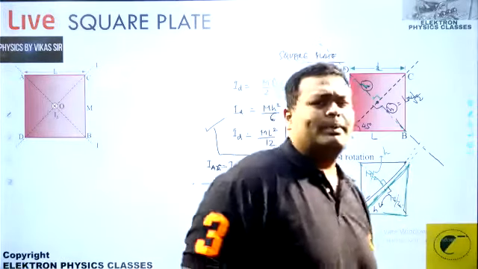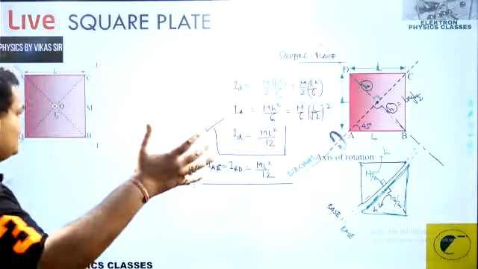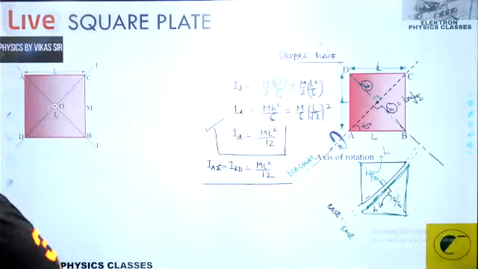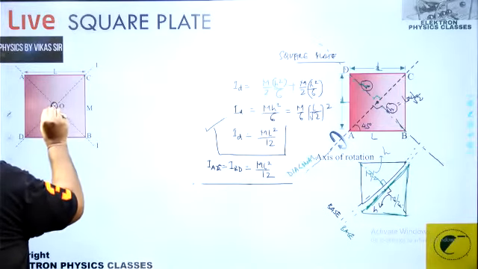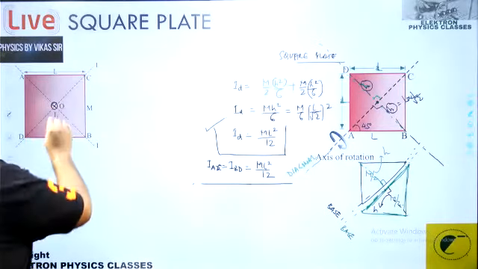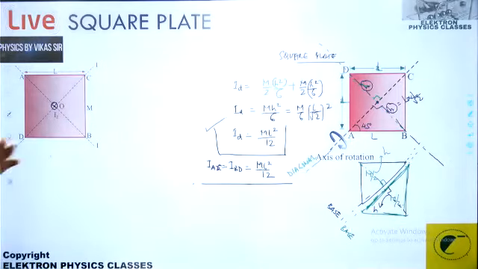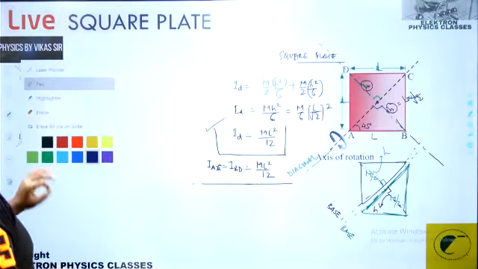If they are mutually perpendicular, that reminds me of a third axis, which is this one. What is this axis? That is a cross axis. Cross means what? That's perpendicular to the plane. So we're talking about an axis which is perpendicular to the plane.